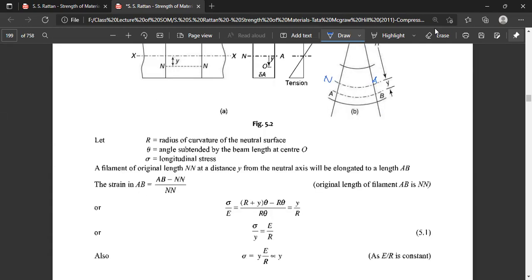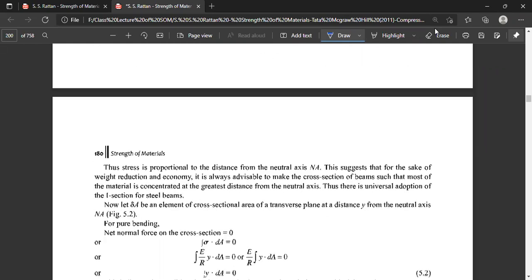So sigma by E equals ((R plus y) theta minus R theta) divided by R theta. R into theta is the original length NN, and (R plus y) into theta is the elongated length after bending. So sigma by E is equal to y divided by R, or sigma by y is equal to E by R. Also sigma is equal to y into E divided by R, so it is proportional to y, as E by R is constant. This stress is proportional to the distance from the neutral axis, and thus